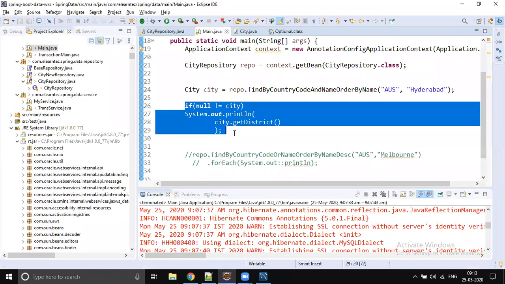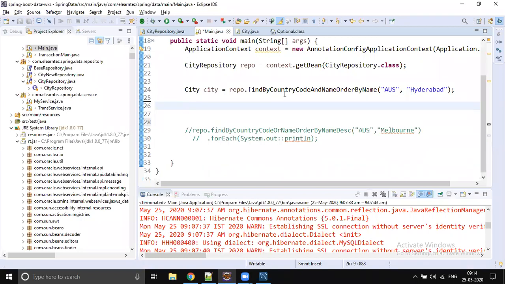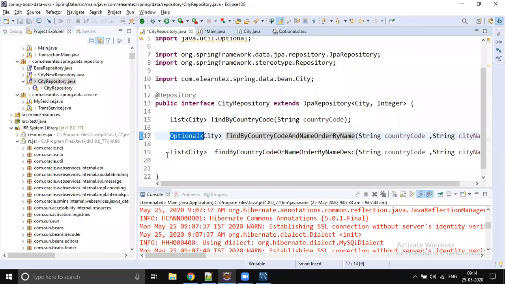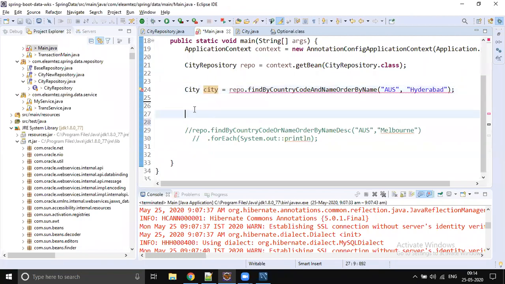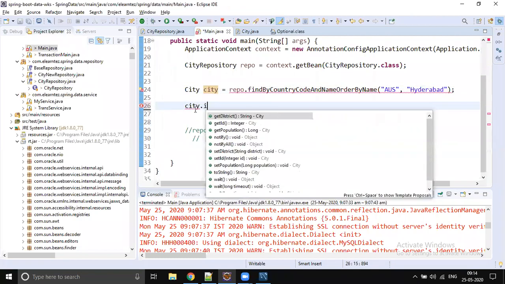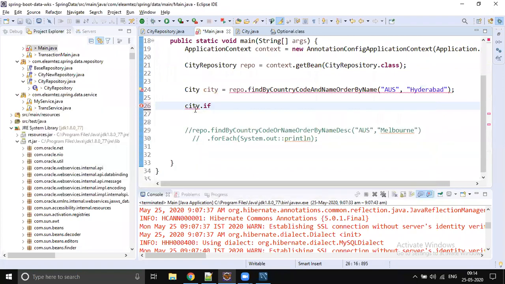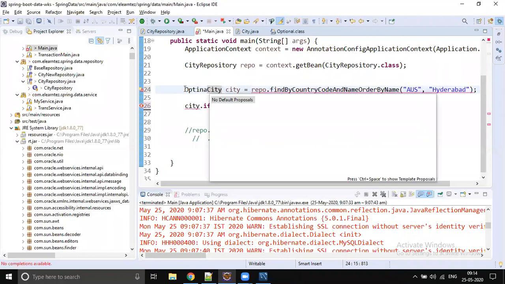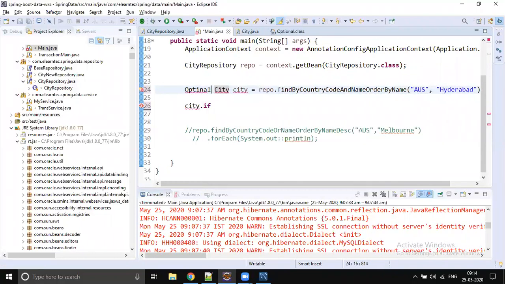The if and all we should remove, and we should change this code to Optional, and write the code something like this, ifPresent. This is the necessity.